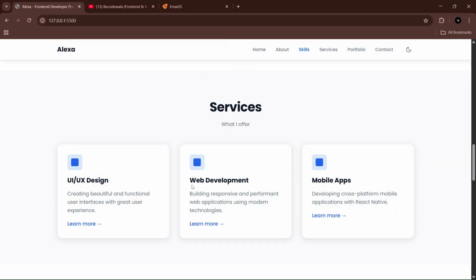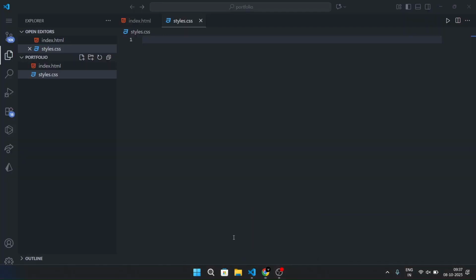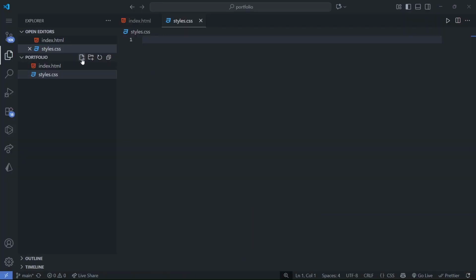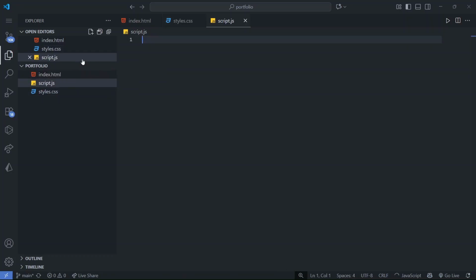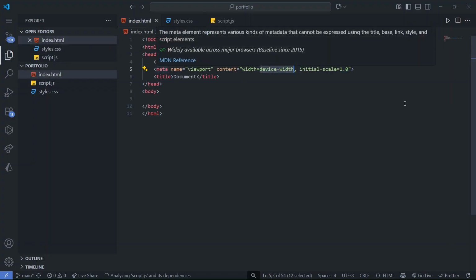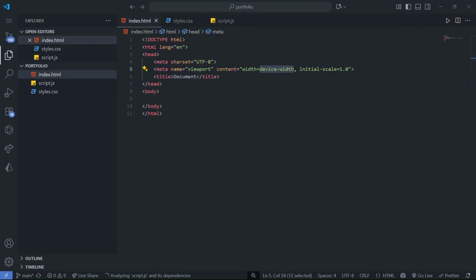So let's continue with our VS Code, and here let's create script.js. We will write our JavaScript functionality for our website. Then after that we have to link our